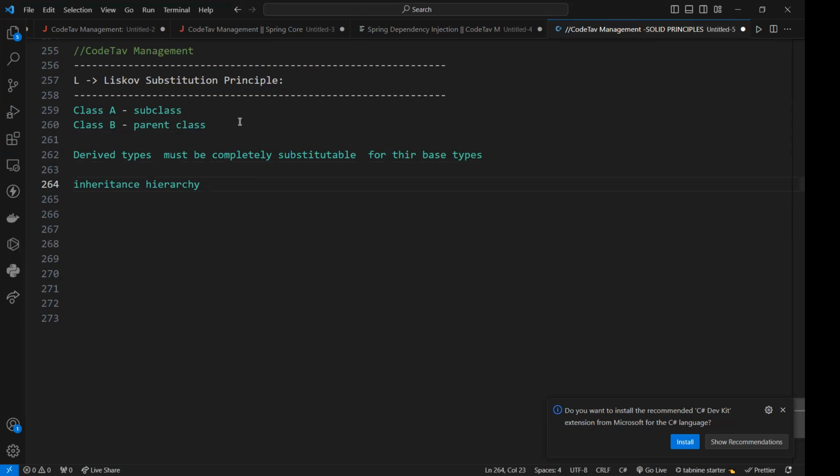Imagine a derived class throwing an exception that the superclass doesn't throw, or a derived class having some unexpected side effects. Then the definition might be a bit complex. The only thing is that every subclass or derived class should be substitutable for its base or parent class, right? Now we will discuss why it is required to follow the Liskov substitution principle,